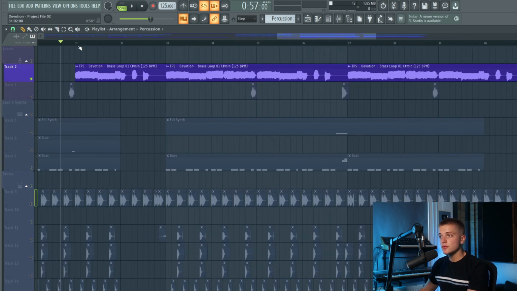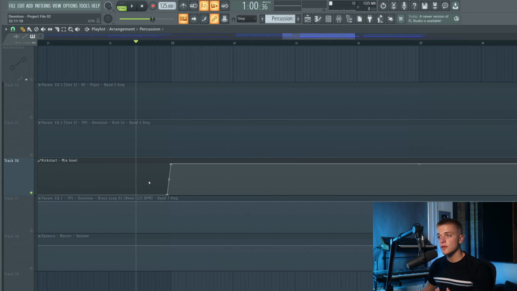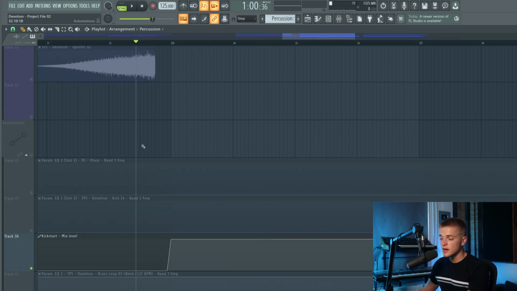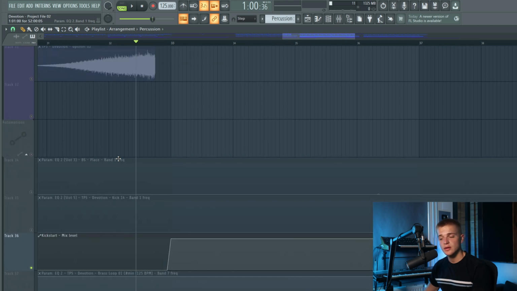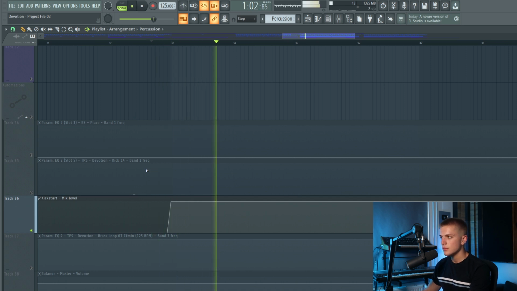In the second part of the drop, the brass loop comes in. As you can see, there's an automation that adds some sidechain because you don't want it to clash with your kick. So when the brass loop comes in the drop, there is sidechain added to it. You don't have to add that much sidechain, just a little bit is enough, because otherwise it will sound really